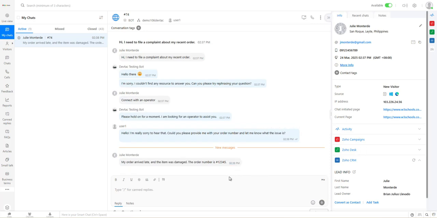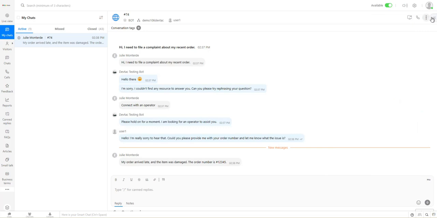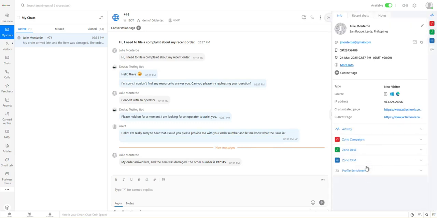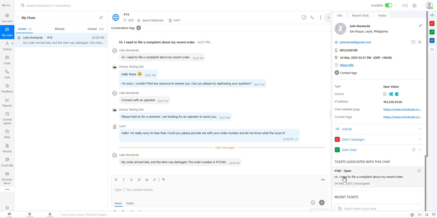Now we want to turn this into a ticket. So what we're going to do is, if you can see in our fields in this panel, in this section right here, we have the Zoho CRM, the Zoho Desk, and the campaign. You just need to expand this, so you can see a ticket was automatically created in Zoho Desk. So if we open this up,